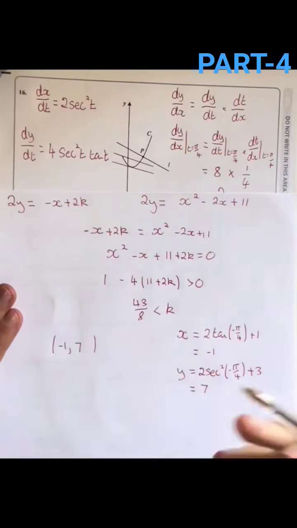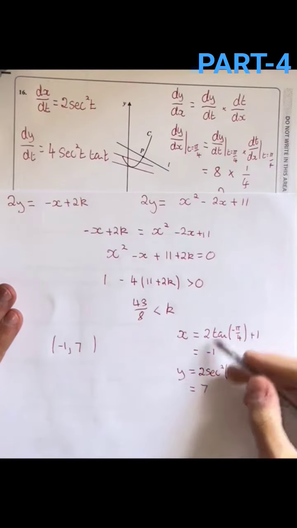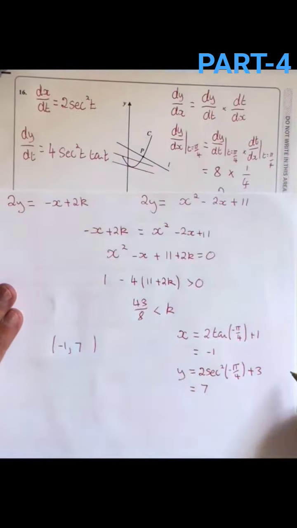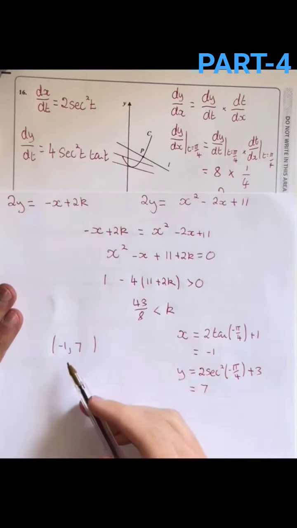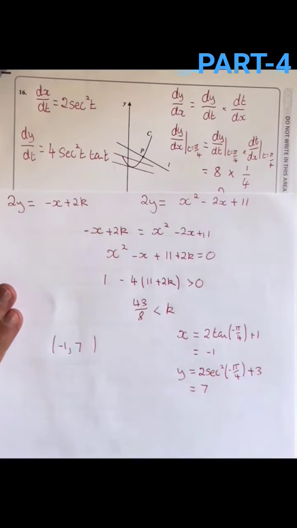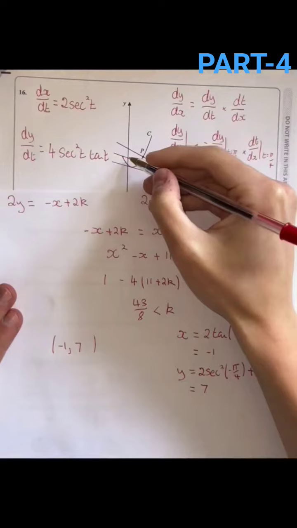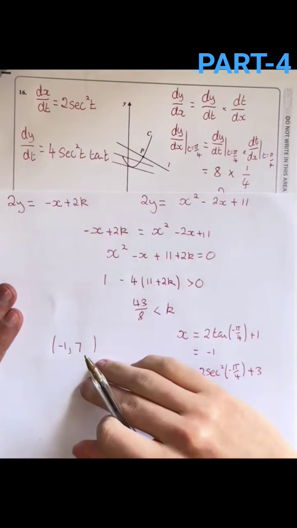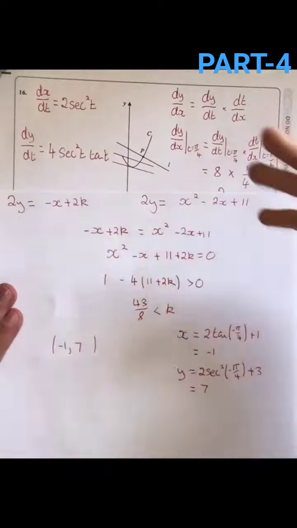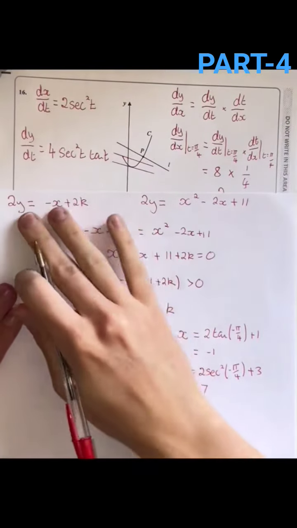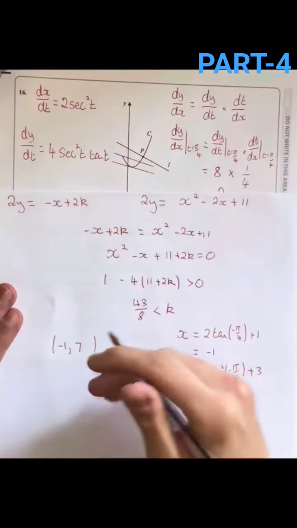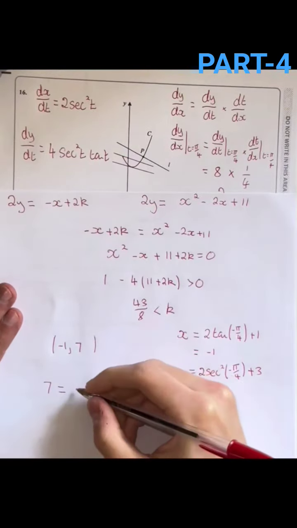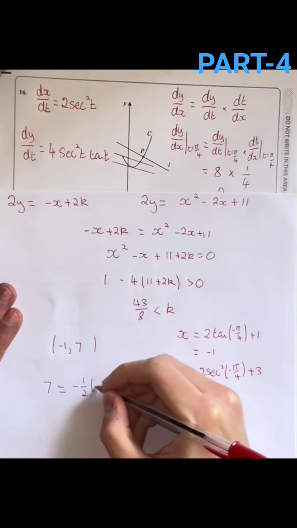And so if you go ahead, and I encourage you to do this, and substitute in t is equal to minus pi over 4, which we know corresponds to this point here, you get the following for the Cartesian component, so it's minus 1, 7. And the idea is that we can find out what the k value is, what the y-intercept of that straight line is, if it passes through the point minus 1, 7, because we know it has a gradient of minus half. So, just dividing this by 2 again to get back to the original equation. What do we have? So subbing in this point, we have 7 is equal to minus a half, lots of minus 1,